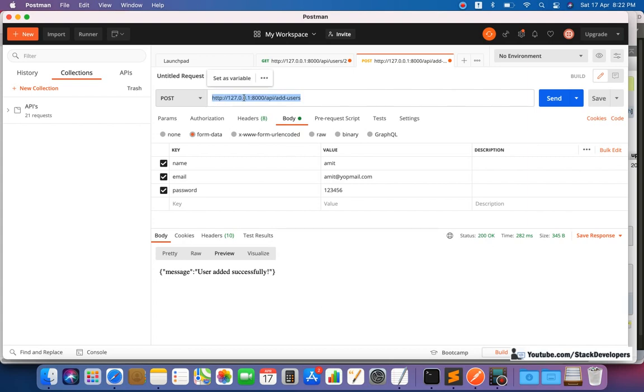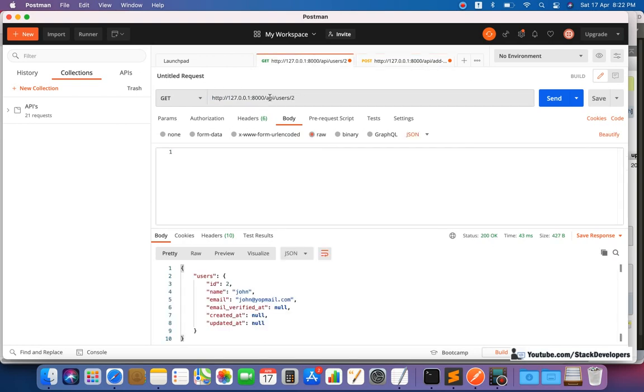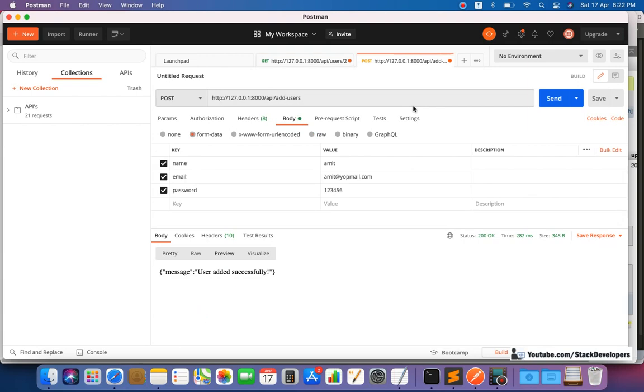Here, this is offline, but whatever your website name is will come up here. These kinds of APIs you are going to give to the Android developer, this one or this one. All these APIs are the responsibility of the backend developer, the Laravel developer, to provide. So you must know about all this.